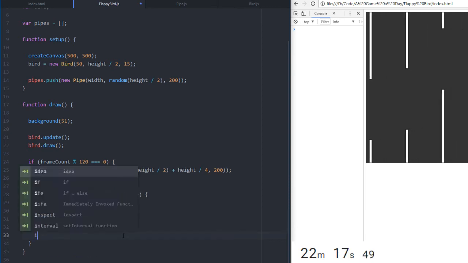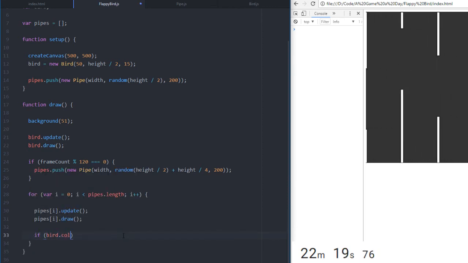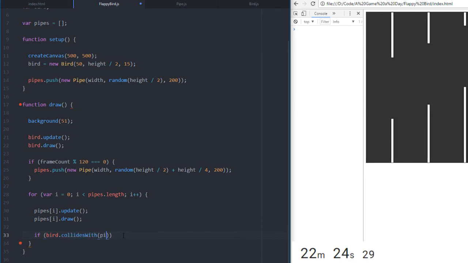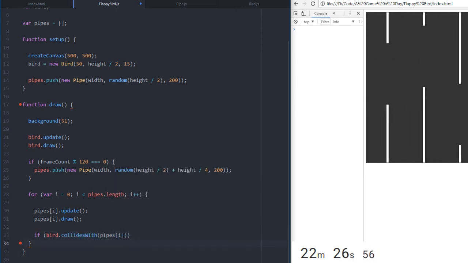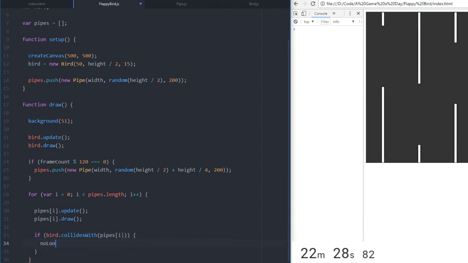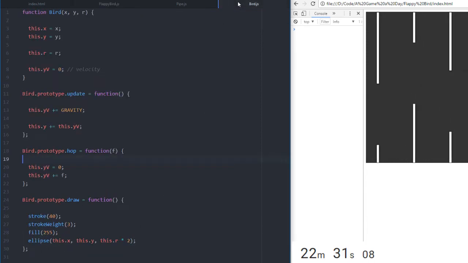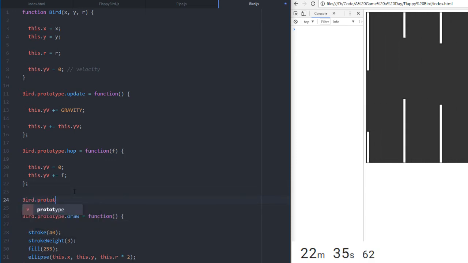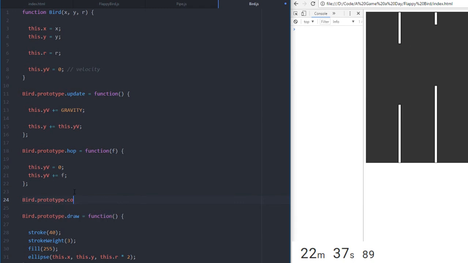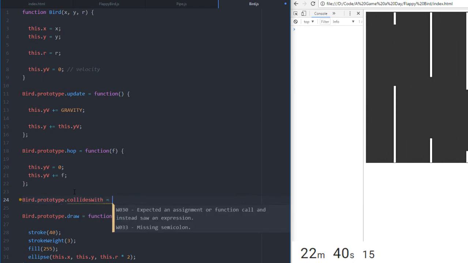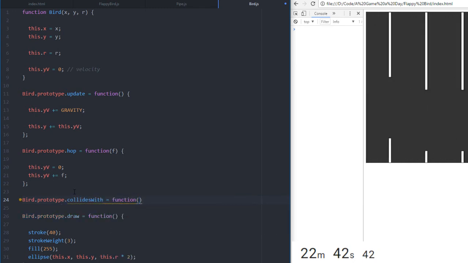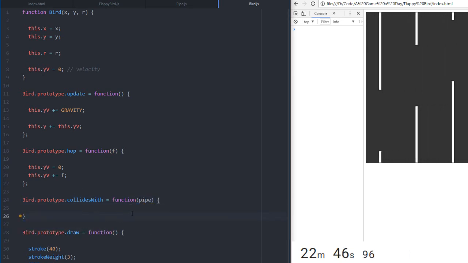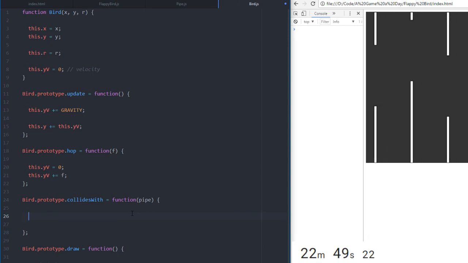So we'll say if bird dot collides with pipes of i, then we will say no loop. Now within bird we will have a bird dot prototype dot collides with equals function pipe. Now within here we're going to say